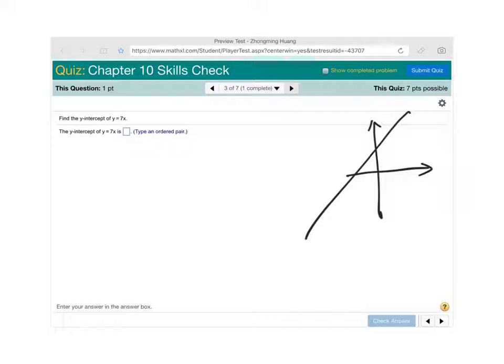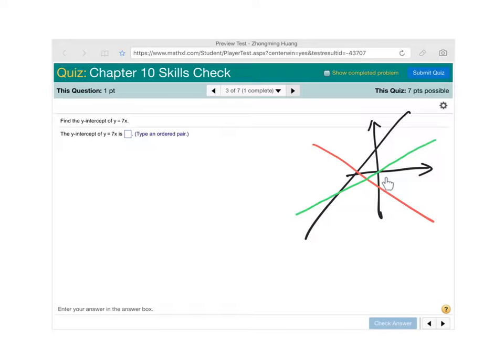Now if you have a function like this, say like this, then this is the point that's the y-intercept. And of course, if you have a function like that, this will be the y-intercept. So now you can see that in all these three examples, the y-intercept can be found when x is equal